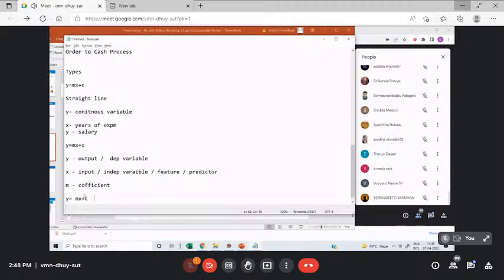Now I'm going to go through one very important slide, and this is where I require all of you to understand what the model workflow is. Please pay attention to this. I'll go very slowly, but this has to be understood by all of you. If you understand this, then it will be easy for you to understand the code which I'm going to show you later, right? So first of all, let's take the example of years of experience and salary.